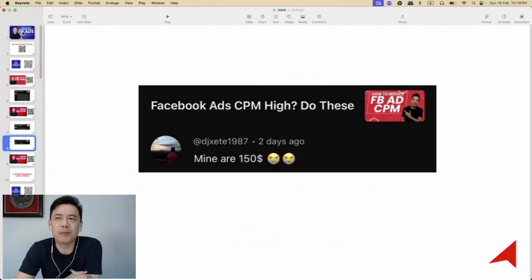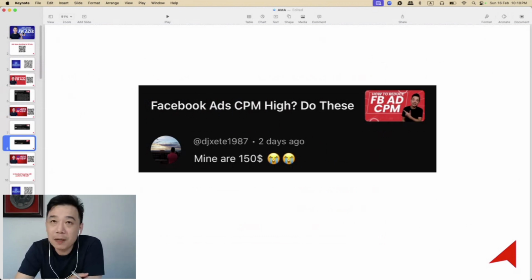But of course, we don't want it to the extent of being super expensive. Then we need to look at the audience targeting. The other reason why your CPM is high is because you are probably targeting a very niche audience. For example, if you're targeting a small town with a 5 kilometer radius where you only have about 30,000 people in it, that's definitely going to push your CPM to be very high. The reason is that it's a lot more difficult to find these people or to deliver your ad to them, maybe because of the competition, which we talked about just now, because it's harder to reach and more people want to reach them.